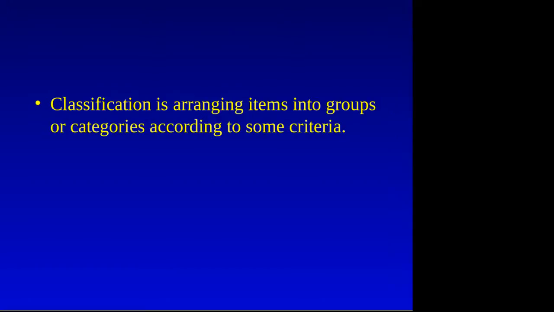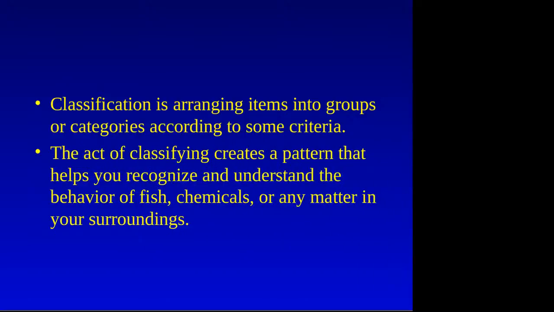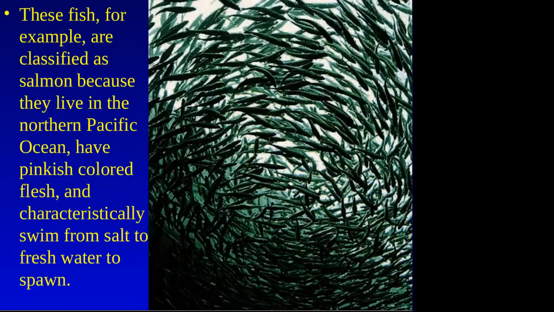And so all of science is we arrange things into groups. If those groups are useful for us, we look for patterns in them because we want to make predictions. We want to make predictions of things. And the book here kind of retreads a little bit and goes, hey, look, here's some fish, right? And these fish have a pinky flesh and they migrate in different points of their life from saltwater to freshwater. We're going to call these things salmon. And salmon have these behaviors.